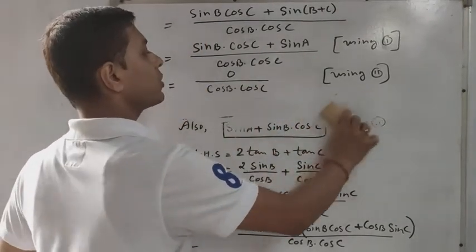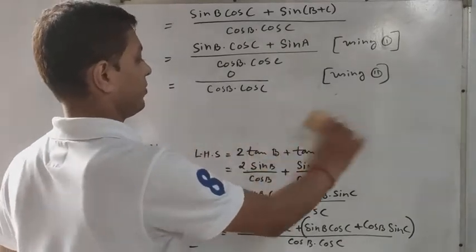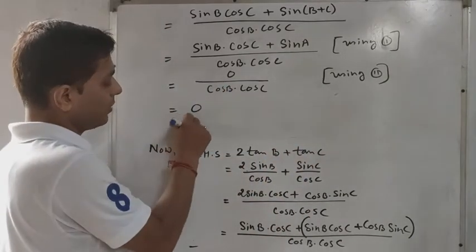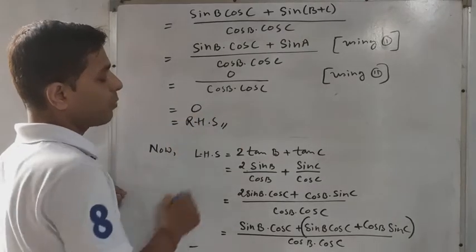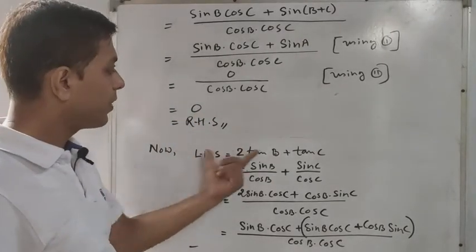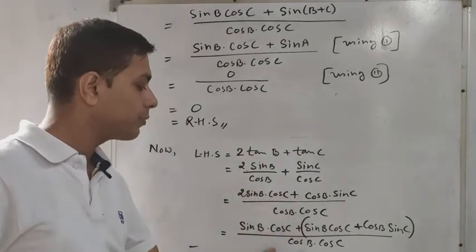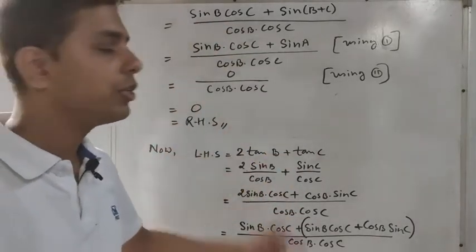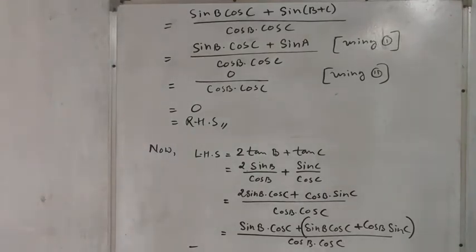And you have got the solution: 0 divided by anything is ultimately 0, and that was the right hand side part of the solution. That was the left hand side part. With the left hand side part we started like this, and we obtained the right hand side part, which was given as 0. So hope you have understood the solution to this question. See how easy the solution is. Now next question, let's see.